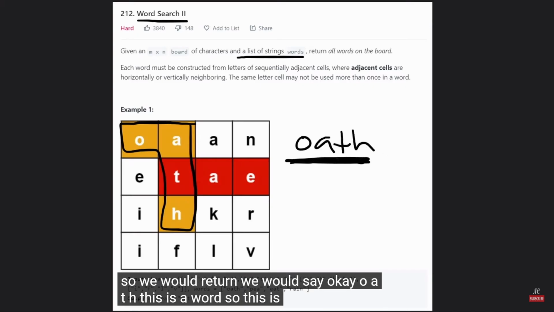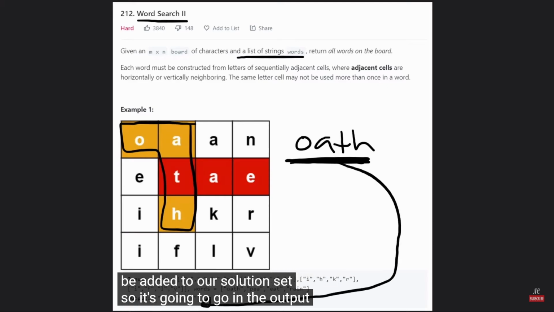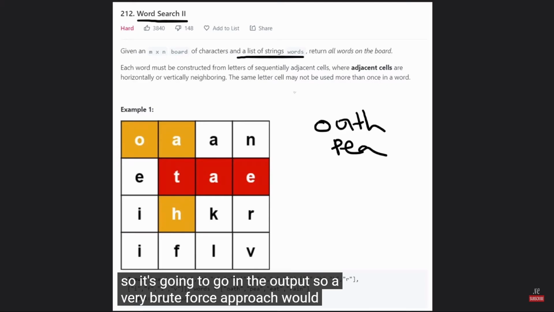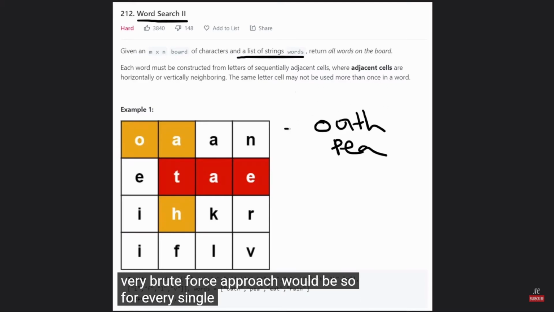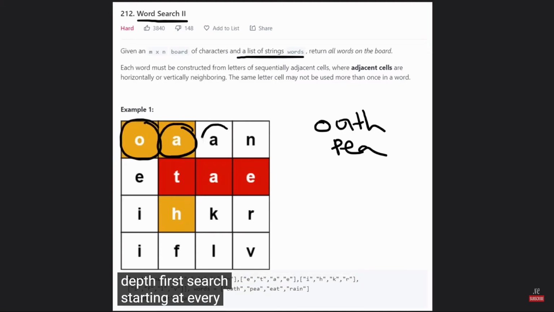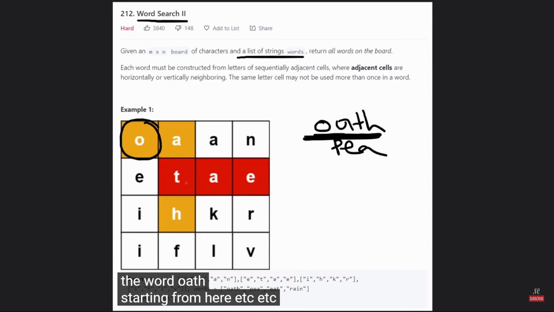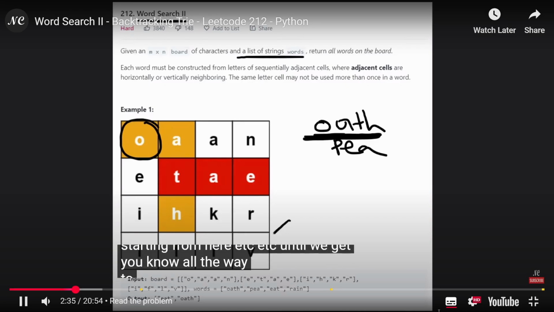this is a word, so this is going to be added to our solution set, so it's going to go in the output. So a very brute force approach would be, for every single word, we're going to run a depth first search starting at every single position and check, okay, could we make the word oath starting from here? Could we make the word oath starting from here, et cetera, all the way to the bottom of